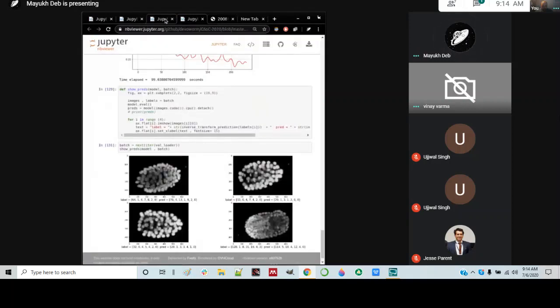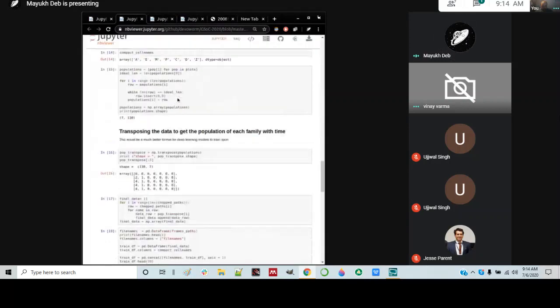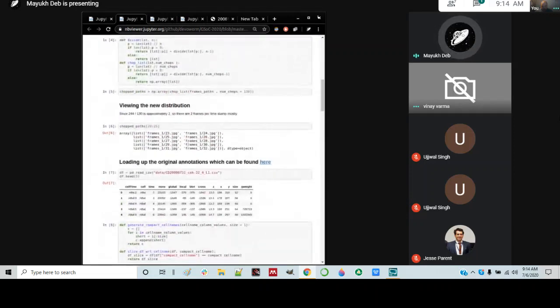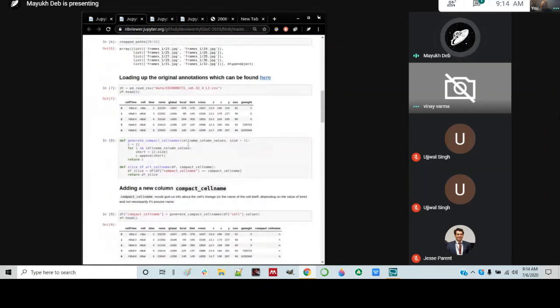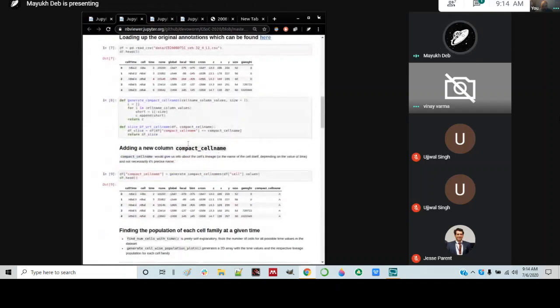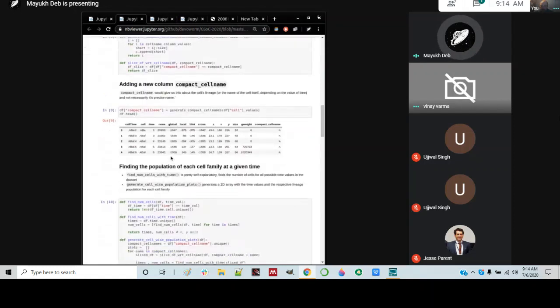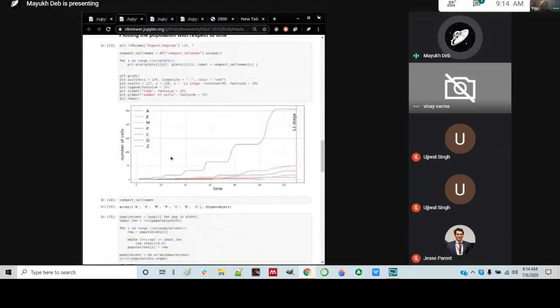Okay, so that was great. I'll show you. I think it was this one. Initially I just had to do that one, and then I had to reformat the data completely, because we had to distribute it uniformly through 200 plus frames. After that I started plotting categorically